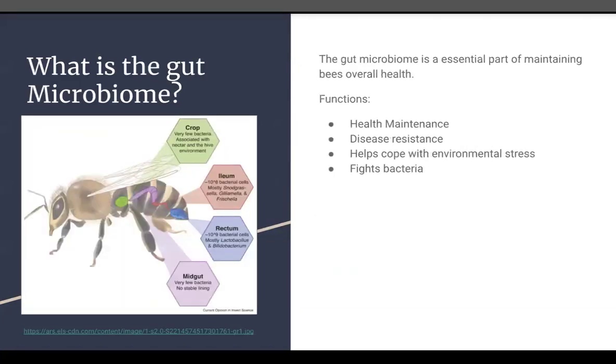So next, I wanted to talk about the gut microbiome. The gut microbiome plays an essential part in maintaining the overall health of bees. Some of the main functions are listed on the slide, but the microbiome helps break down food, and there's gut bacteria present that helps detox certain chemicals. The microbiome can also offer protection against pathogens and helps bees regulate their immune system. So overall, the microbiome plays a huge role in maintaining the bee's health. And that's why I wanted to see if imidacloprid had an effect on this system.